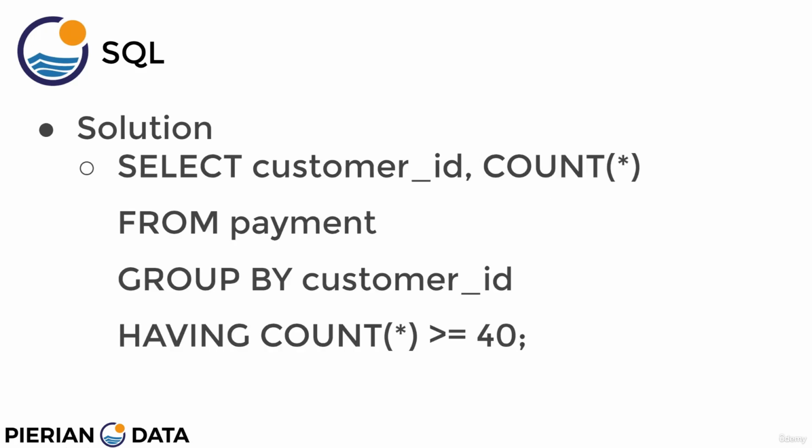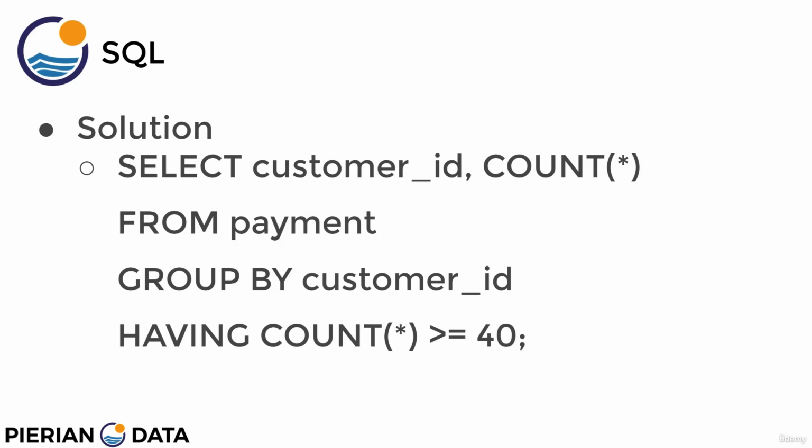So the solution, pretty straightforward here. We're going to select the customer ID, and then we're going to count, and you can either pass in a column here specific to the amount, or just pass in an asterisk. And then we're going to grab this from the payment table, group by the customer ID, and then we're going to say having a count greater than or equal to 40. Essentially answering the question that they've had 40 or more payment rows associated with that particular customer ID,